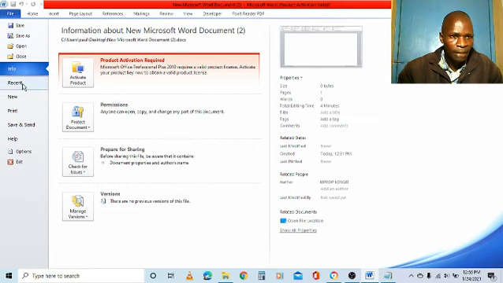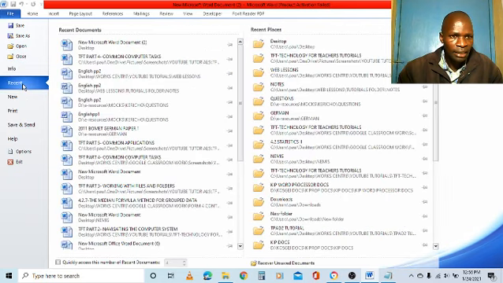If I click recent, you will see here, this blue shows what is on the right, that these are some of the recent documents that I had open. These are some of the recent places that I had gone into in my laptop.